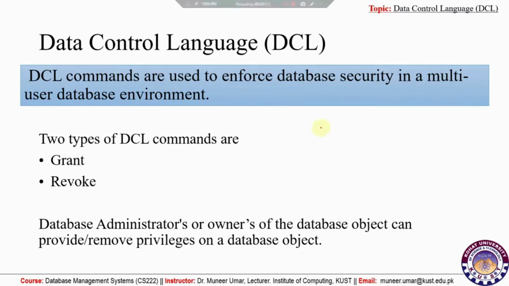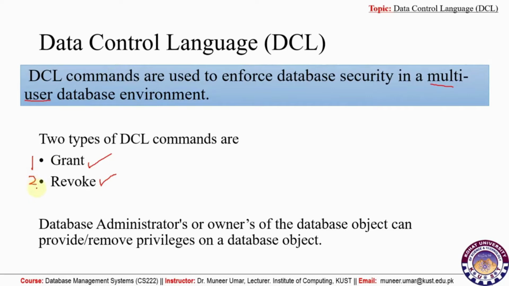Actually, DCL is about the assignment of privileges in an environment where we have multiple users of a database. Simply we can say that using DCL we can grant and revoke privileges to different users. So in DCL we have actually two things.